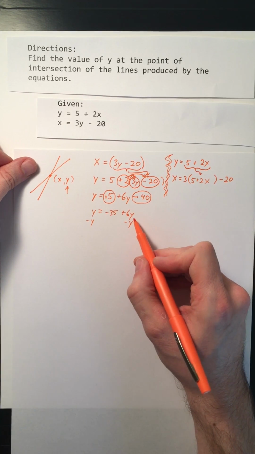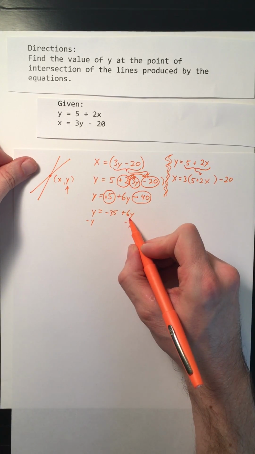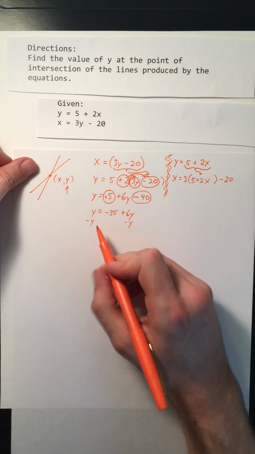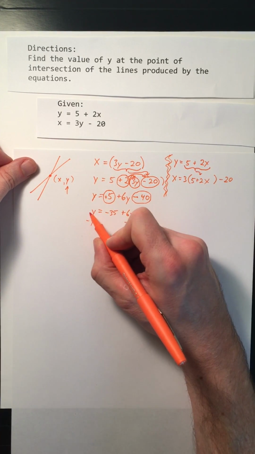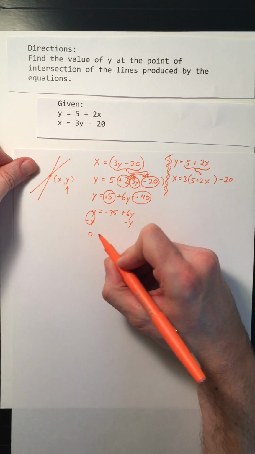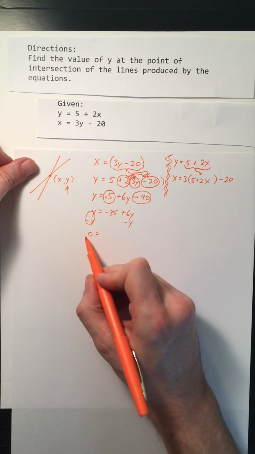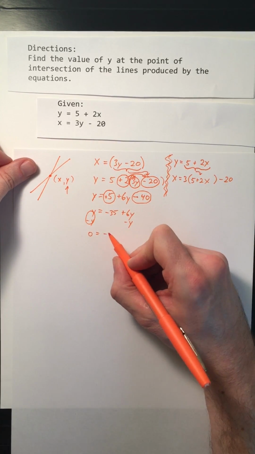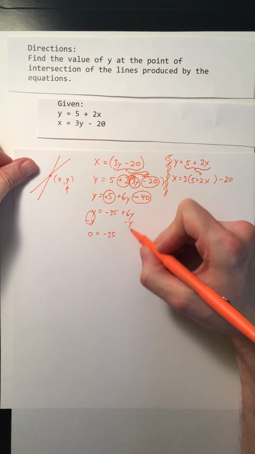I could have also done it the other way around. I could have subtracted 6y from each side. That's fine. I like doing it this way because a positive y and a negative y make a nice 0. And so 0 equals, that's just very simple on the left side, negative 35, and then combine these two or